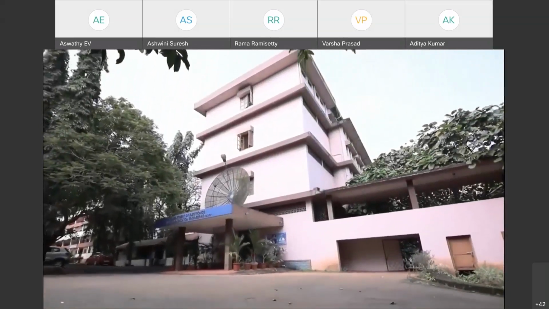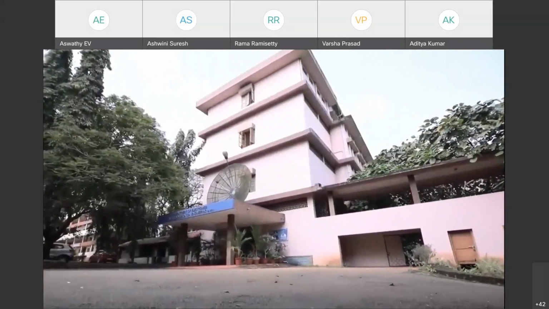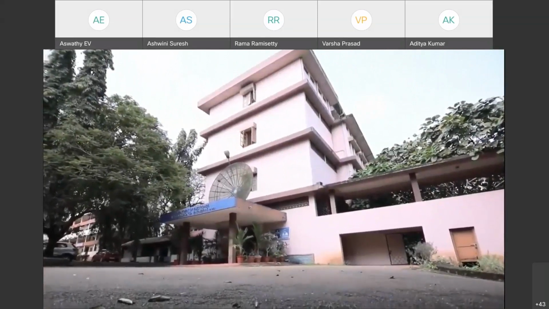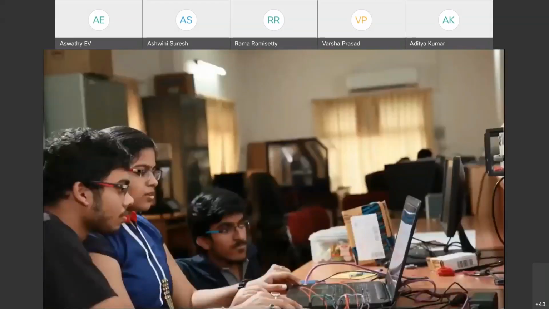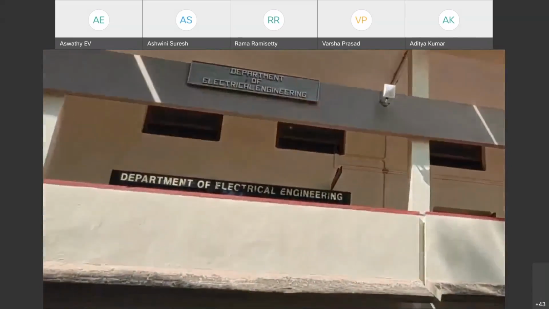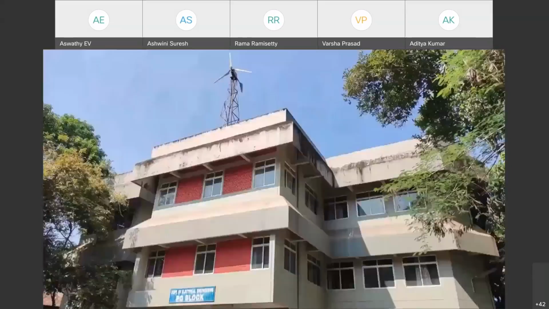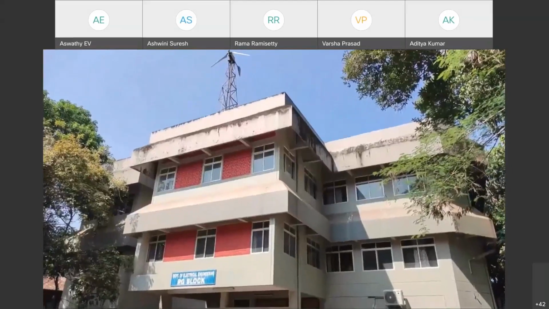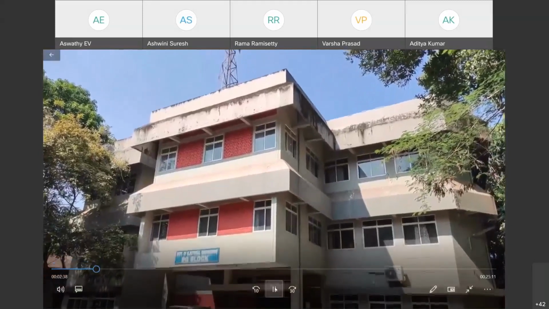Some of the major labs of the Department of Electronics and Communication Engineering are the Electronics Circuits Lab, the Embedded System Lab, and the major labs of communication and signal processing. Next, we have the Department of Electrical Engineering. Some of the major labs of the Department of Electrical Engineering